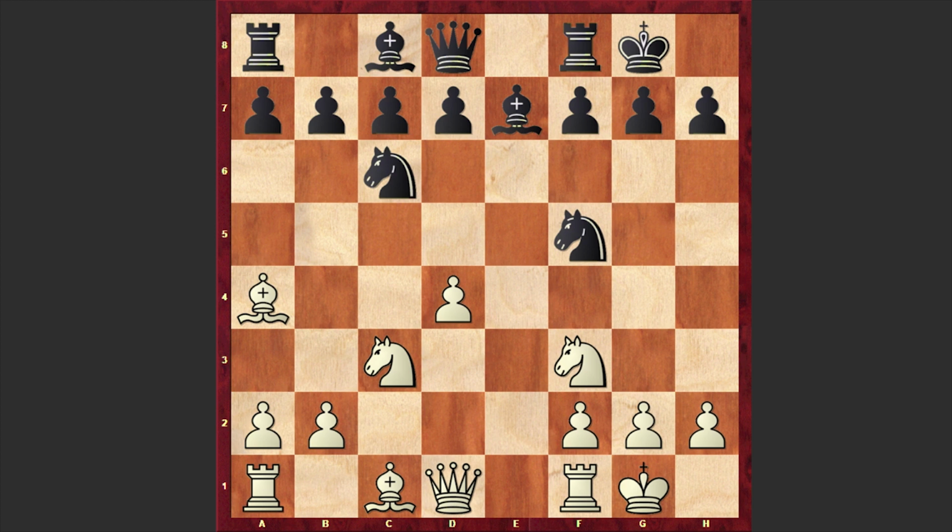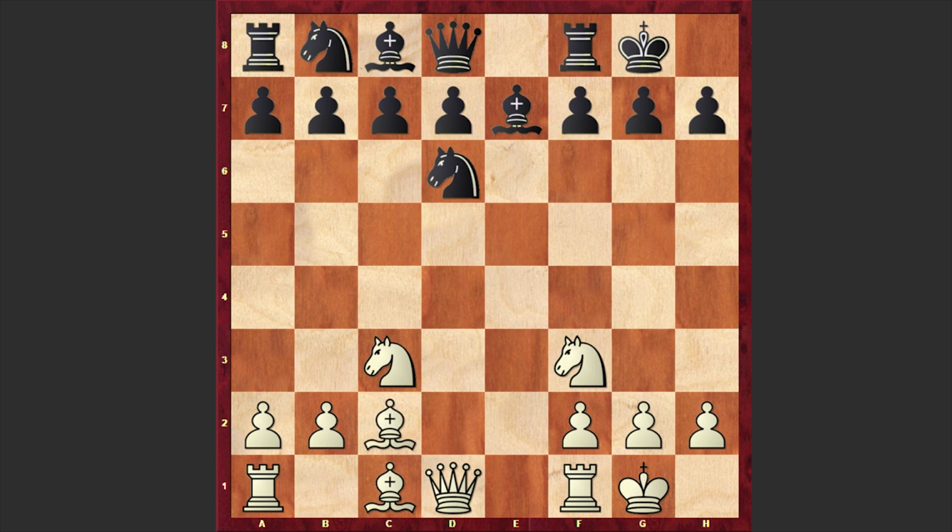This is the first inaccuracy in this game. Instead of playing knight f5, it was better to play knight c4 with the idea of meeting d5 with knight e5. But in our game we have knight f5, and the problem with this move is that after d5, what are you going to do with your knight? Here Ismagambetov moved back the knight on its initial square, which, believe me, is not a pleasant choice at all. d6, another powerful move by Ganguly, with which he's gaining a precious time to make his pieces more active.